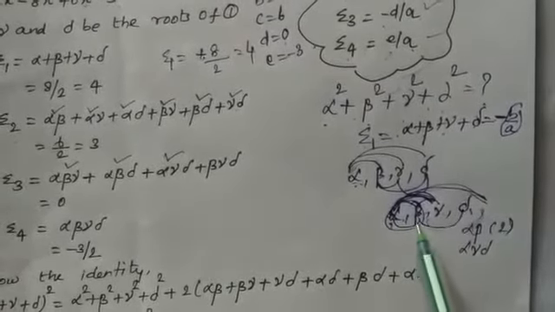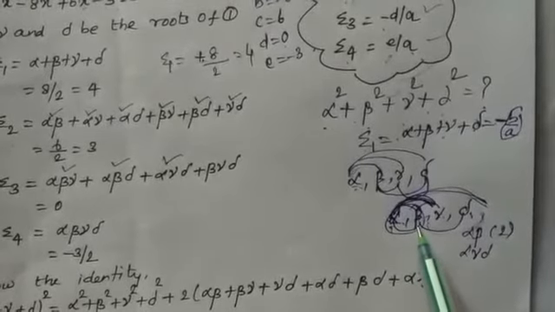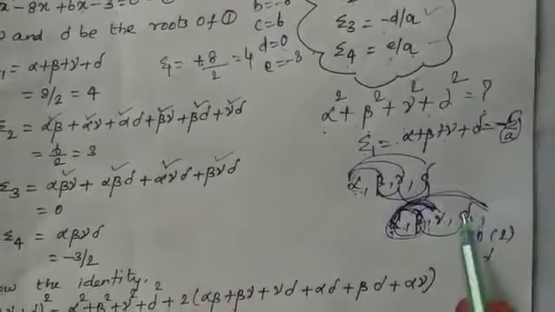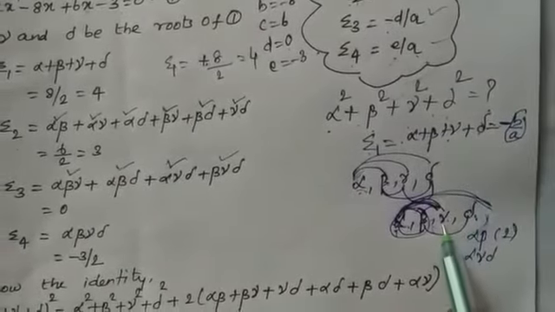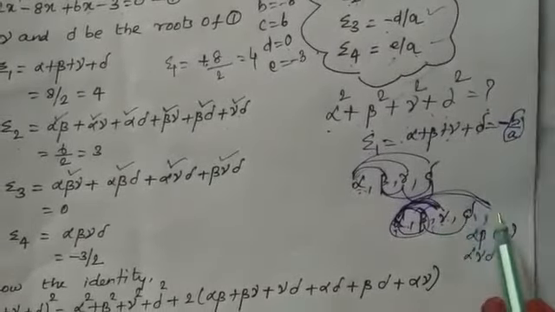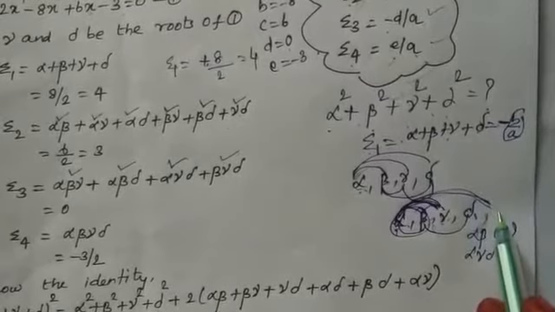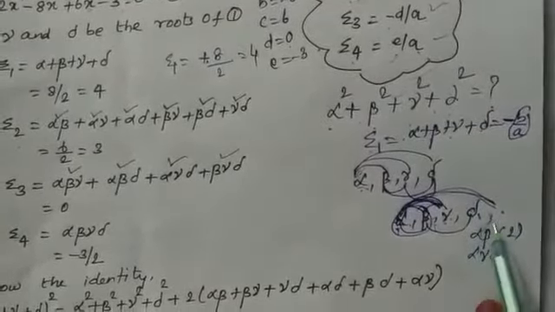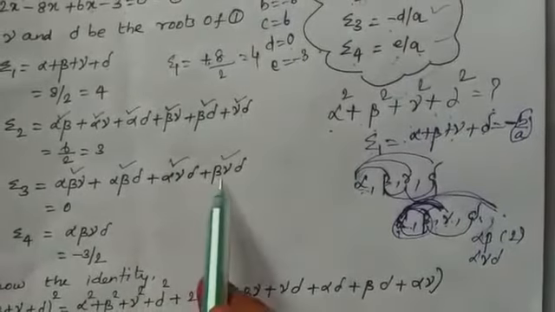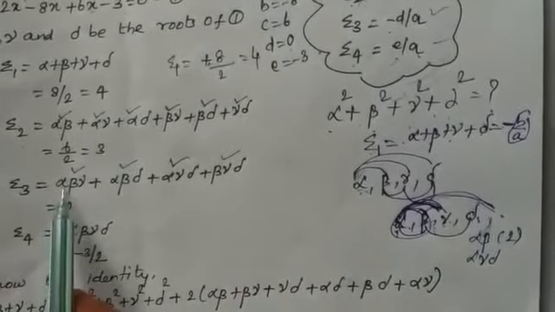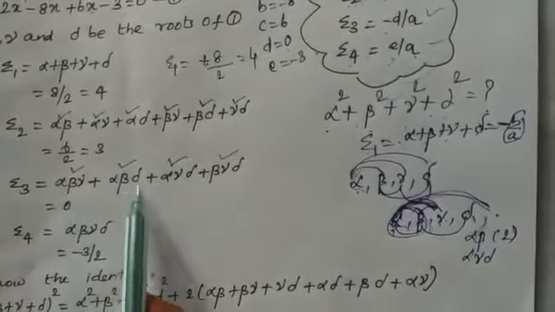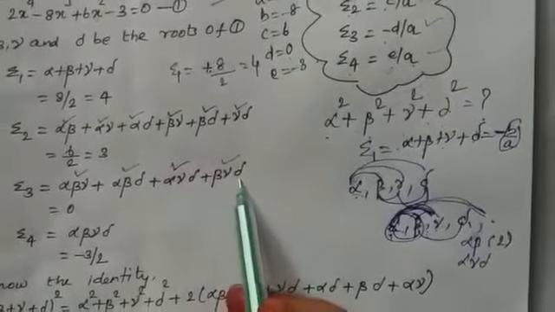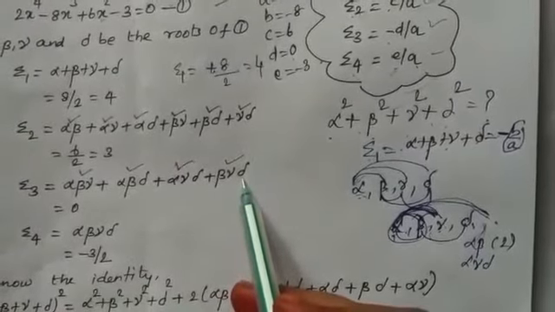Can you try? By starting with the beta, by taking 3 roots, now the only possibility is beta, gamma, delta. So I have written that. Okay, good, no problem. If you are starting with the gamma, delta, we don't have one more root to pair as third root. So this is a complete possibility here. So we are completing the addition as alpha, beta, gamma plus alpha, beta, delta plus alpha, gamma, delta plus beta, gamma, delta.